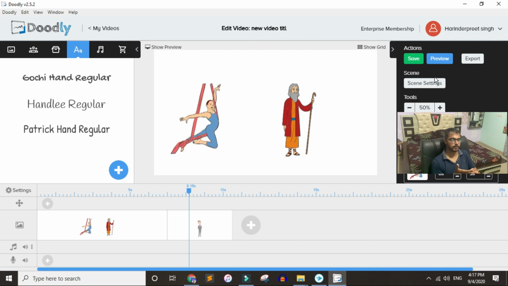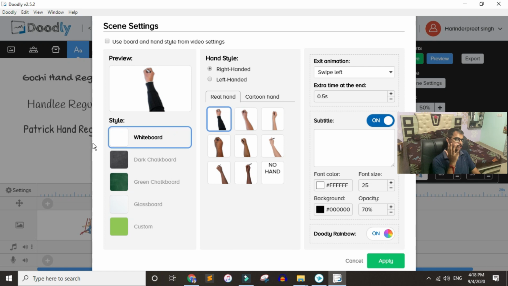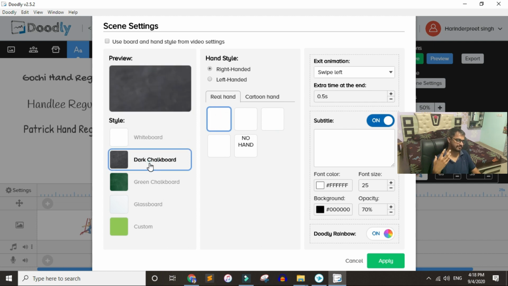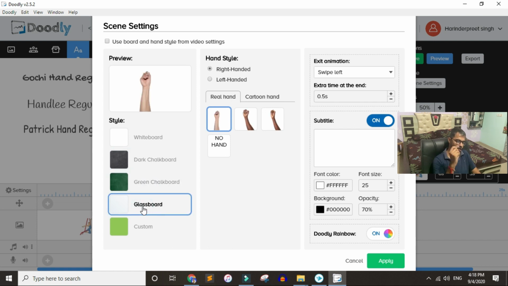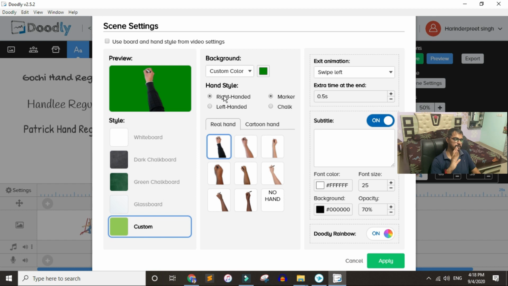For example, if we again go to the scene setting, you see that there are different kinds of style background images available. By default it is whiteboard, then you have a dark chalkboard, then green and glass board. I really love it, because in this the person will write on the other side of the glass, okay? Or you can obviously go with a custom color or a custom image.